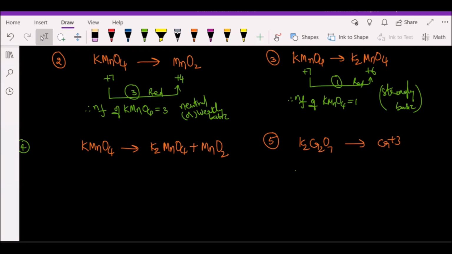There are so many people waiting to say the answers. That's fine, Mr. Divit. Sir, how to find that it is strongly basic? Based on the change in oxidation number, you have to decide, Mr. Divit. You remember them in the beginning of the equivalent weight concept. I told you for KMnO4 and gave you 3 cases of N factor. Once recollect them.